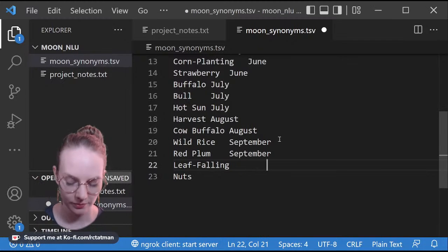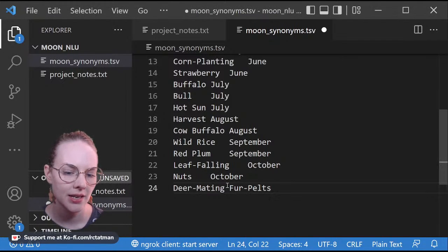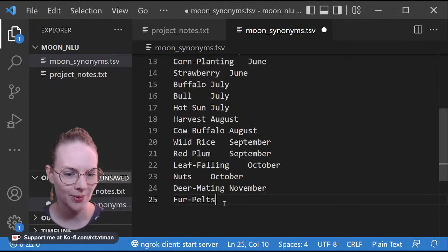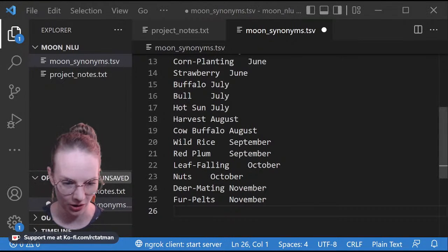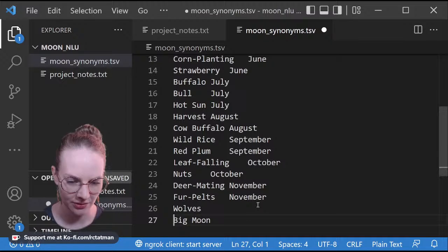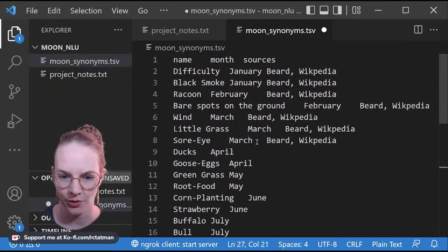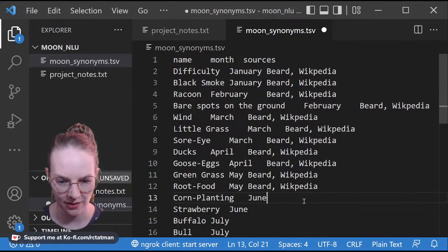October. Leaf falling. So it is November here now for us, and it has been a pretty warm November. It was 80 yesterday, which is what, high 20s, 30s? I don't know. And then December, and now I'm gonna have to go back and add the sources for all of these, because if I just have a big list of names and you have no idea where I got them from, you don't know if it's gonna be relevant for you. We might come back and want to do additional stuff with where people are from and which name we give them.